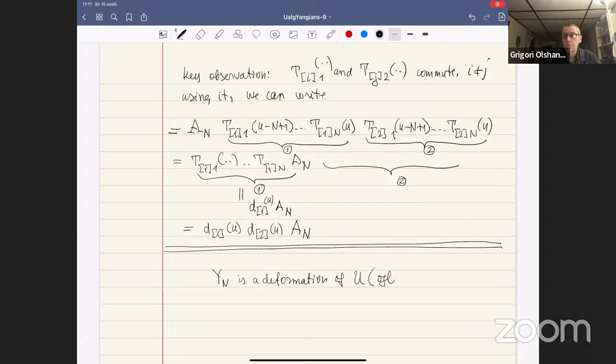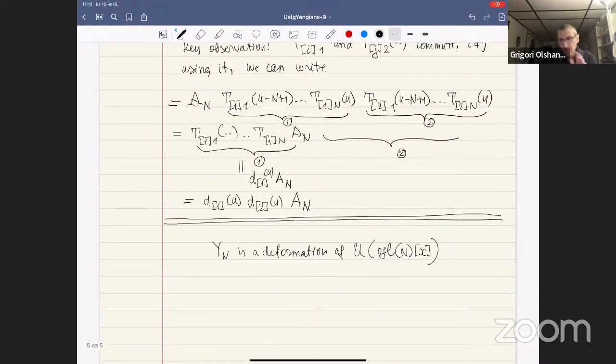We take the polynomial current algebra of gl_N, polynomial functions with values in our gl_N matrix Lie algebra. So the algebra of functions taking values in the Lie algebra. This is a deformation. In the sense, this can be explained by using some deformation parameter, but at the moment, let's say that this is a